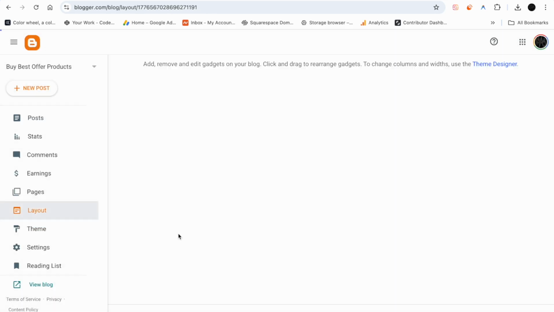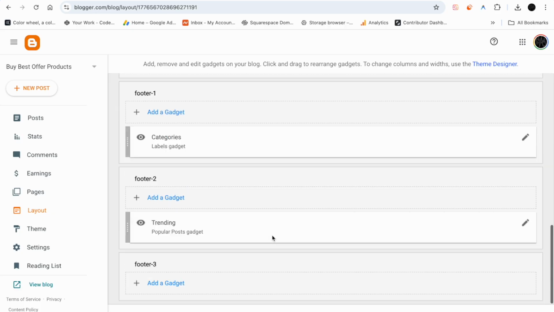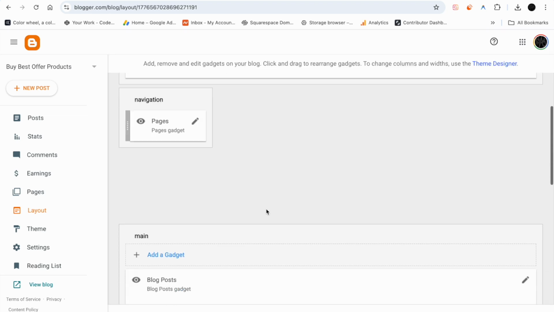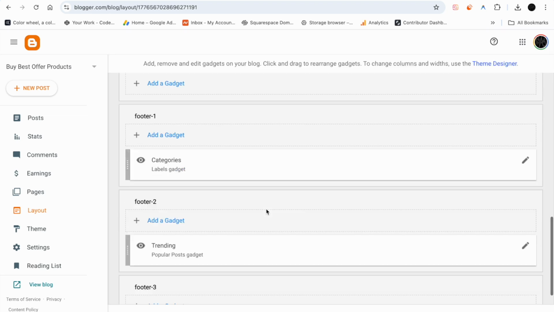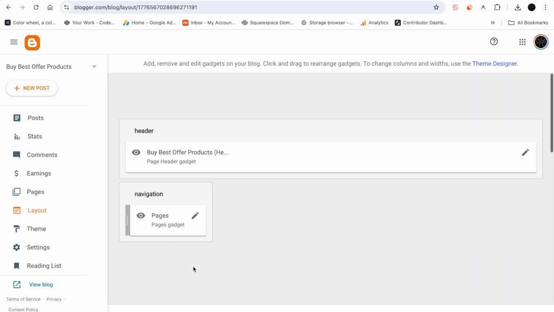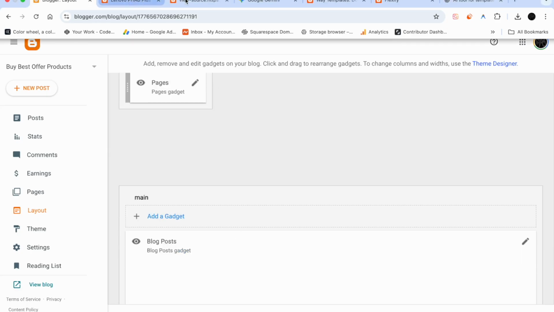If you go to layouts, as you can see here, there are a bunch of changes here, I won't lie, but still it's not good. Sidebar, footer, footer 1, footer 3, okay, blog widgets. I'm not satisfied with this. So what I'll tell them is,